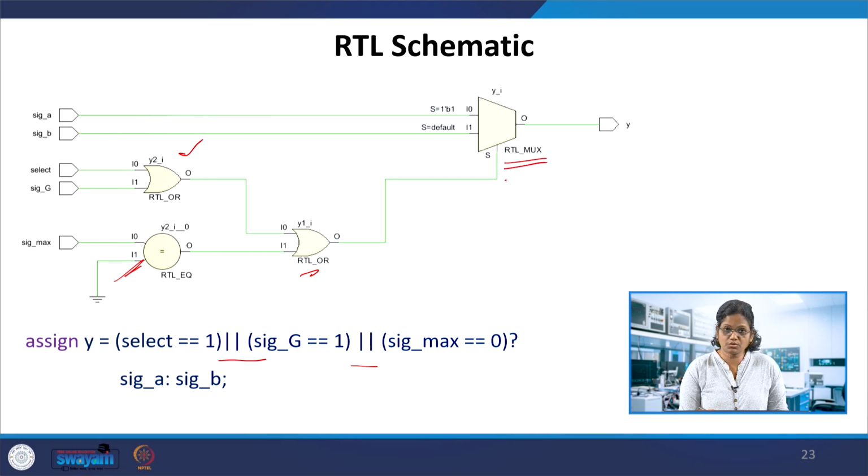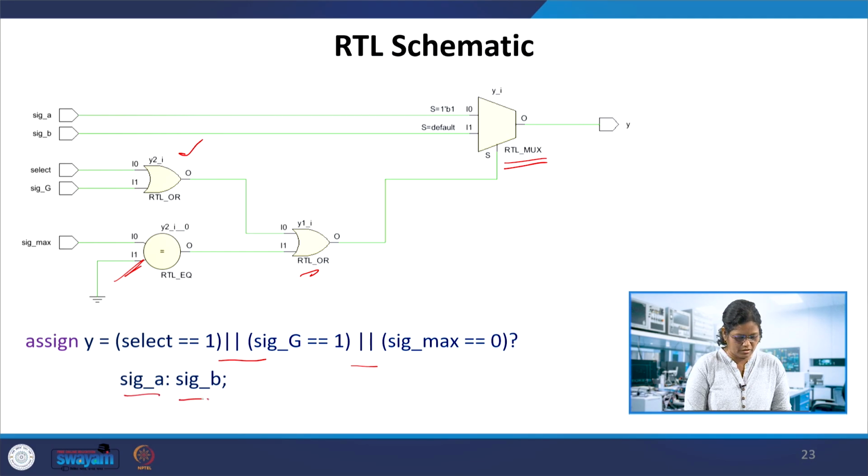Usually a mux would have a select line of 0 or 1 if it is 1 bit, or if it is 2 bits, then 00, 01, 10. Here, instead of a plain select line, this mux has the control logic as the select line. The control logic used in the condition comes as the select line control logic, whereas the input signal A and signal B are what is to be assigned.